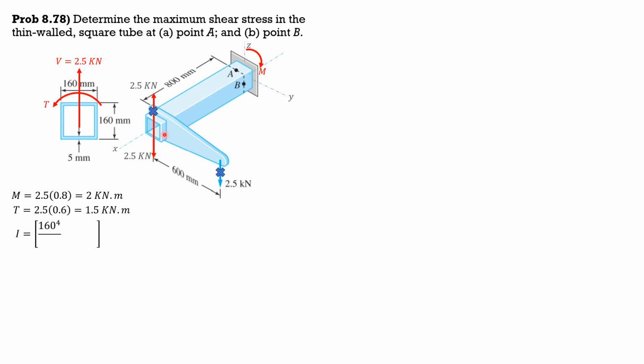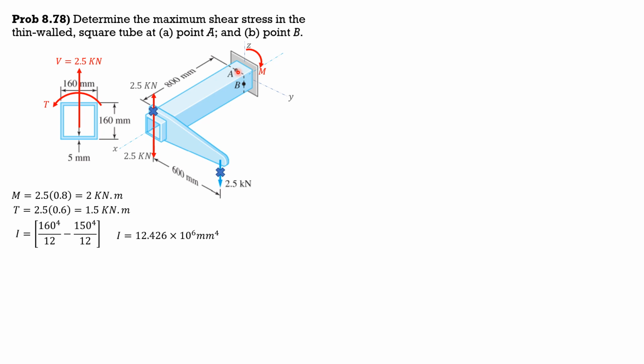So the moment of inertia is pi, 160 cubed, so 160 to the fourth over 12 minus 160 minus 2 times thickness, 2 times 5, so 150 by 150. So 150 times 150 cubed over 12 is 150 to the fourth over 12. So the moment of inertia with respect to the neutral axis, y, is 12.426 times 10 to the 6 mm to the fourth. So at A, we have tension for bending,